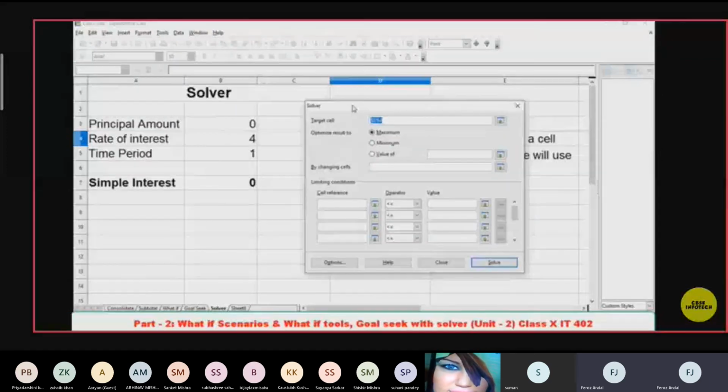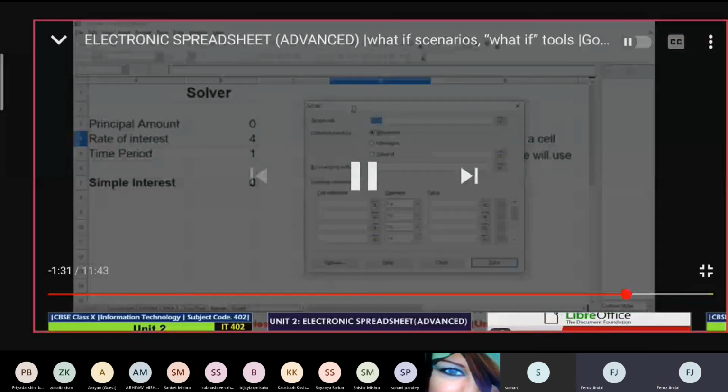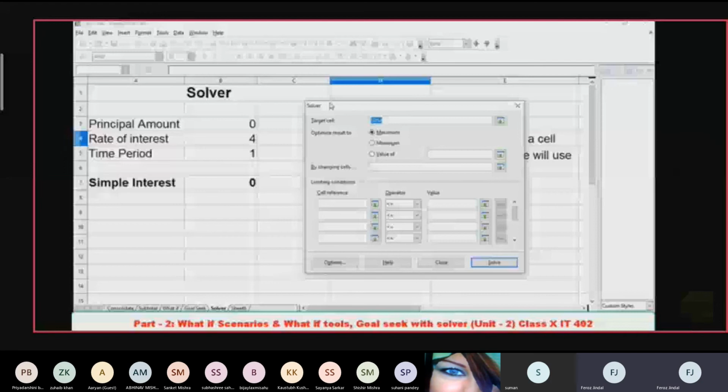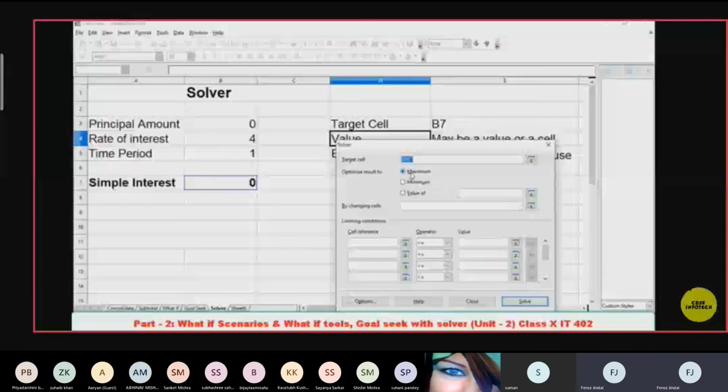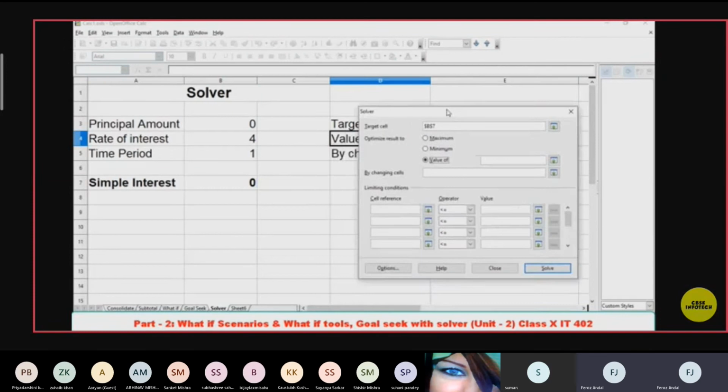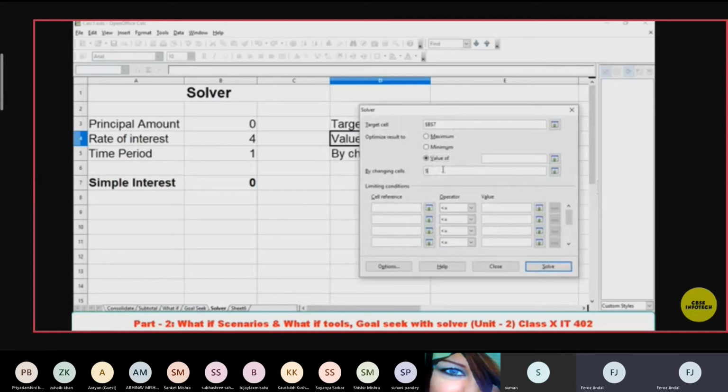Like goal seek, in goal seek one single condition was there. Now here multiple conditions are there. In the solver multiple conditions are there. Now let us say my target cell is B7. See, optimize result to maximum, or minimum, or if you select value of, then you can put any value.